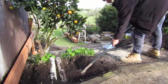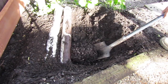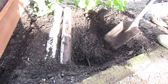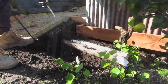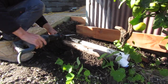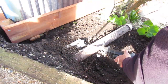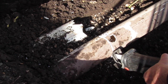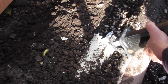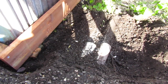But for now, we just need to trim them shorter so they're out of the way of the garden step we're going to be constructing. After removing enough dirt from around these pipes, we trim them down with our reciprocating saw. Managing where the rainfall and water goes in these terrace systems is critical. We don't want to over-waterlog garden beds or create any flooding on our pathways. I want a clean 90-degree cut on these pipes so it's easy to glue on the 90-degree bends we'll be